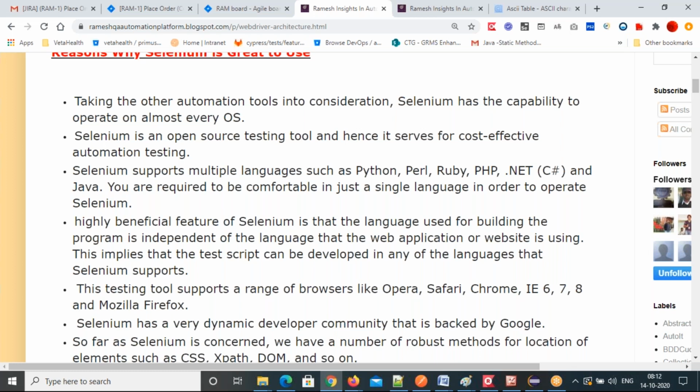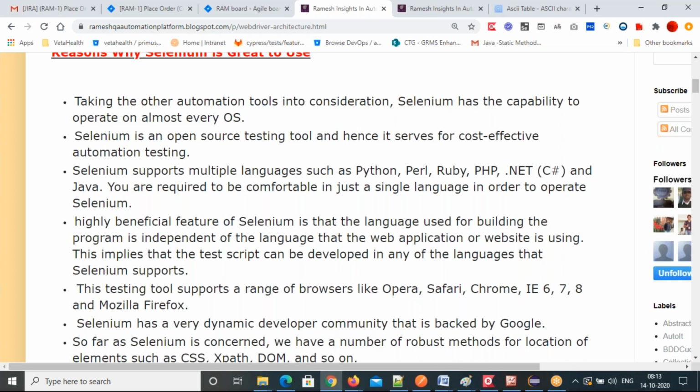If you take the commercial tools in the market, QTP and ALM, Quality Center and ALM, this is the same. And another one is UFT, we are calling it now, Unified Functional Test tool. That is the competitor in the market for functional testing tools. But once Selenium came into the picture, UFT went down drastically because that's a costly one, a very expensive tool. And basically every company looks for cost cutting. Immediately everybody is moving towards Selenium only.